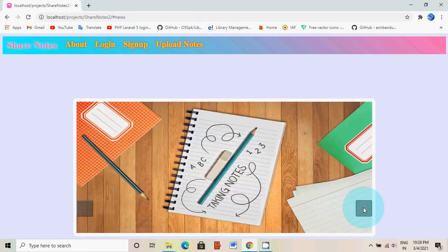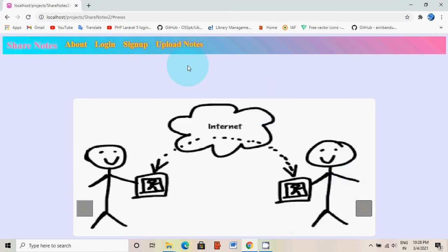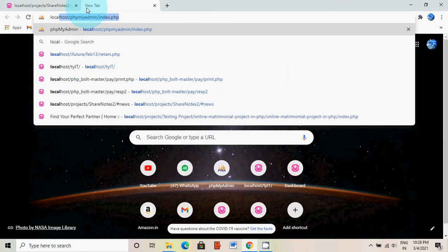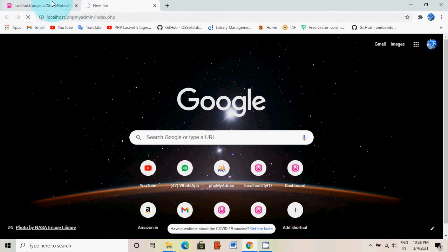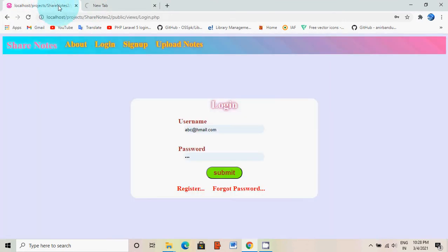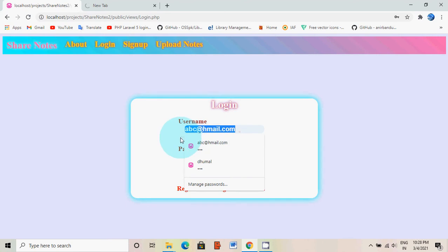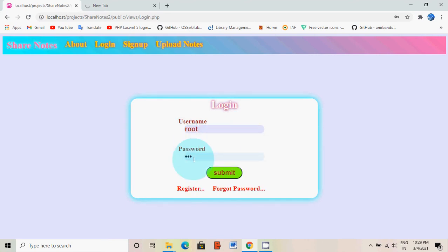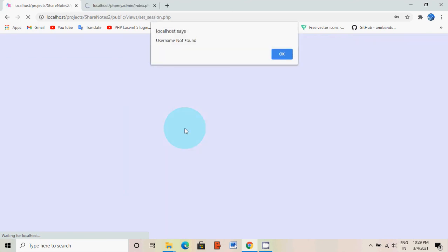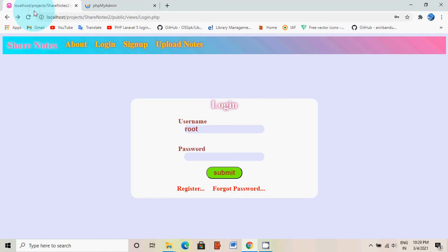So this is the homepage of our application. This whole system is managed by admin. When a student uploads any notes, after the upload, that note or document is verified by admin or teacher. When the teacher or admin verifies it, then all the students can see that note. So first we check our username and password. I think maybe admin.